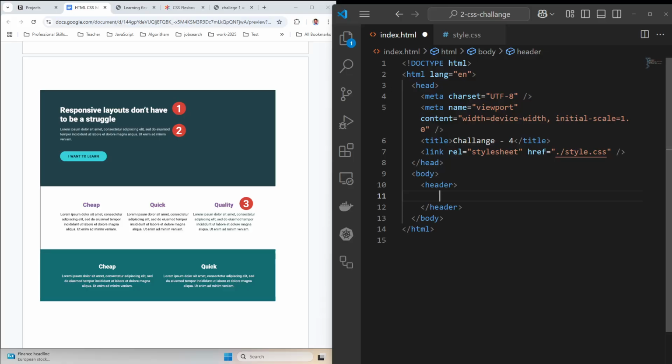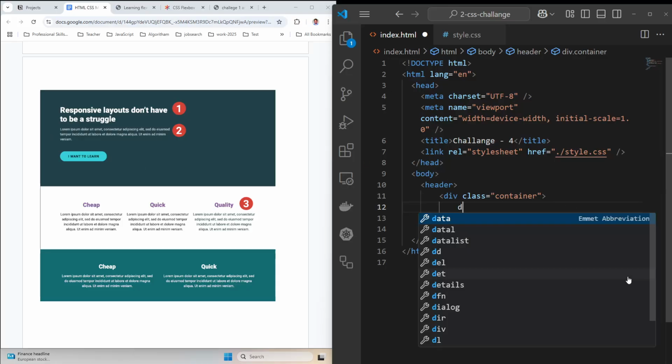Equal margin on each section. So I need a container. I'm going to call this box a wrapper or container. And then inside this container, I'm going to have a box which has a heading 1, paragraph, and